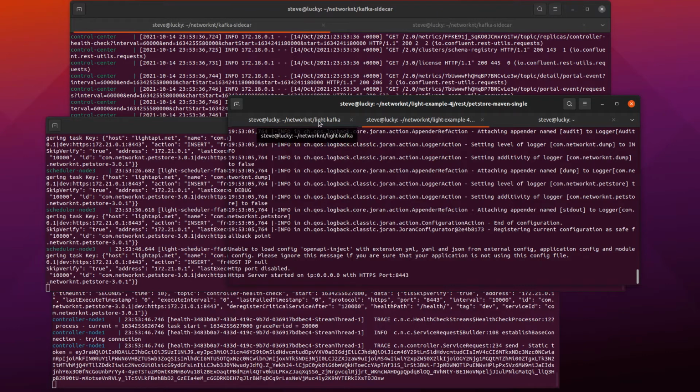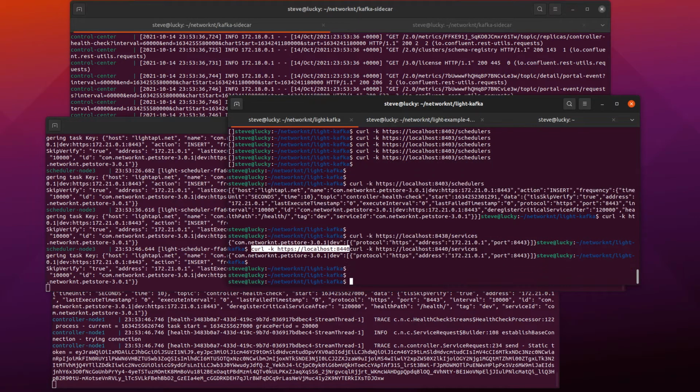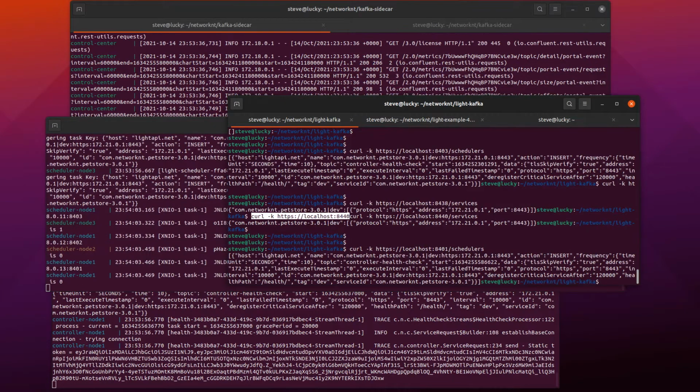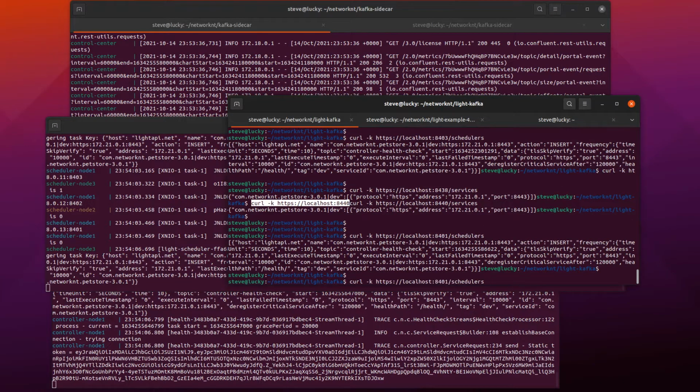We can see what's going on with the APIs. Let's check the scheduler. This is the first node of the scheduler. You can see we have a health check task here. It's for this petstore application. And if you go to the second node,